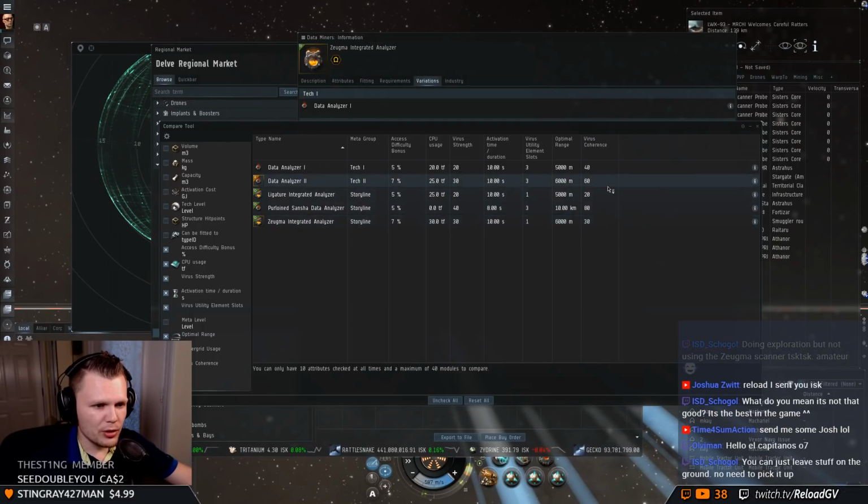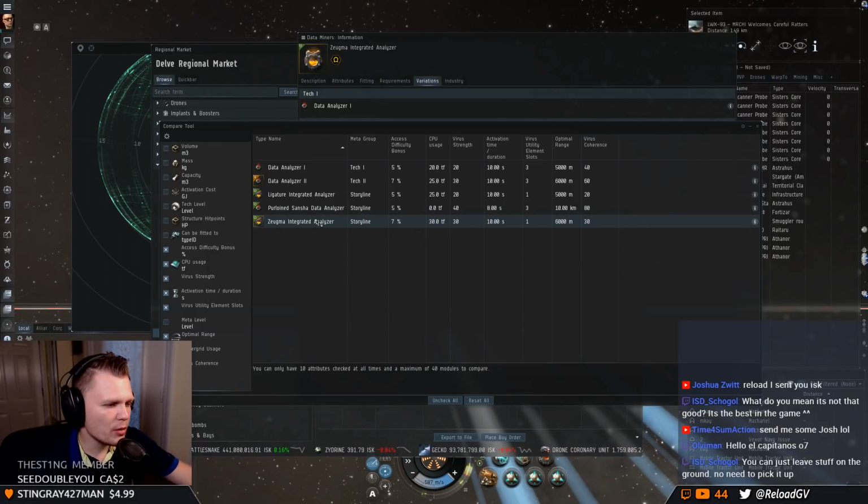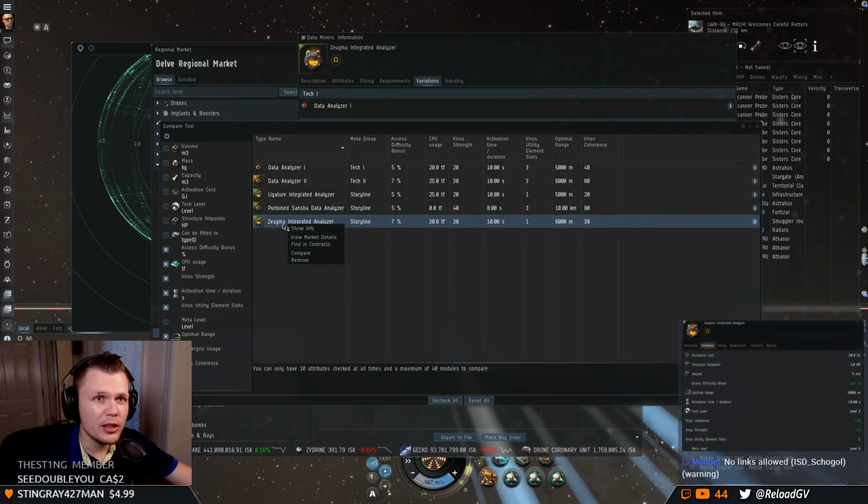Yeah, so this is what I would be concerned about the most. So virus strength is the same, 30 and 30. Virus coherence is way higher on the Data Tech 2. It's 60 versus 30. The good thing about the Zugma is the fact that it can be used for...